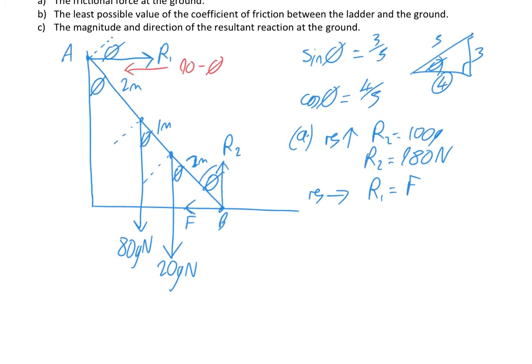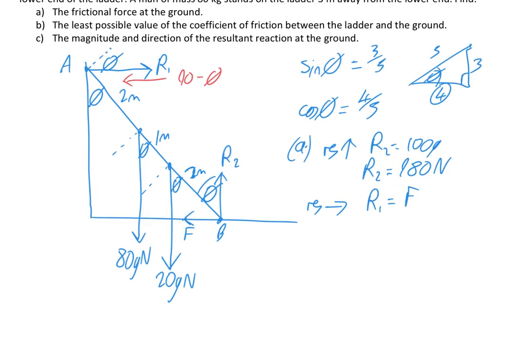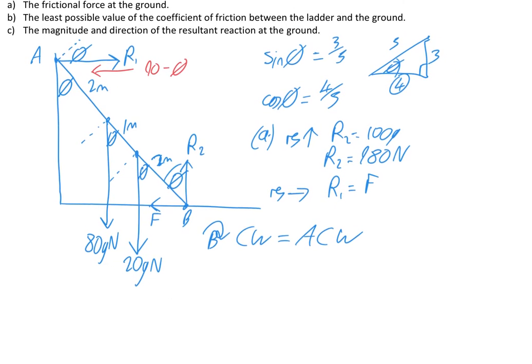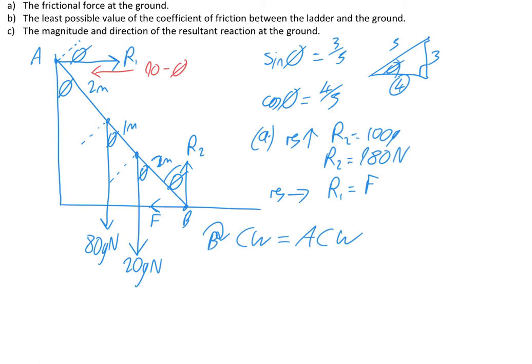Right. So how on earth do we find our missing forces then? We're going to have to take moments, and again we're going to take moments about this point, and quite often that is the case. The one that has got two forces coming out of it, you take moments about that point. It makes life so much easier. So we're going to take moments about B, and we're going to do clockwise equal to anti-clockwise. So I'm trying to keep this diagram on the screen so we can see it. So take moments about B clockwise. The only clockwise force you're going to have is this one here. So clockwise, you're going to have